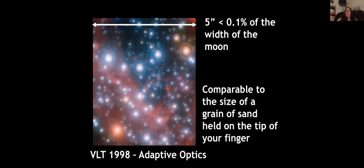So there are 60 arc minutes in a degree. There are 60 arc seconds in an arc minute. So there's 3,600 arc seconds in a degree. And after all that math, basically I estimated that this field of view is 0.1% of the width of the moon. And a way to get a physical feel for that is go take a grain of salt and place it on your finger and hold it at arm's length and look up to the sky. And the part of the sky that we are looking at is about as big as that grain of sand. Tiny, tiny, tiny part of the sky. But yet